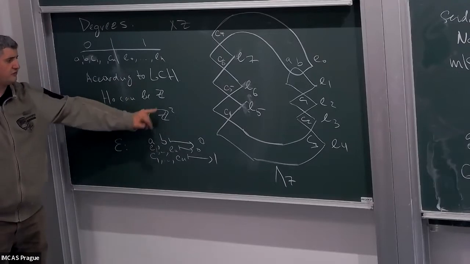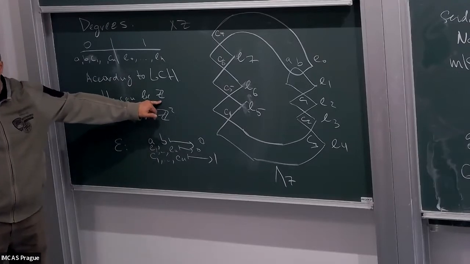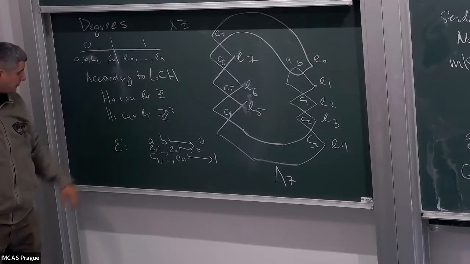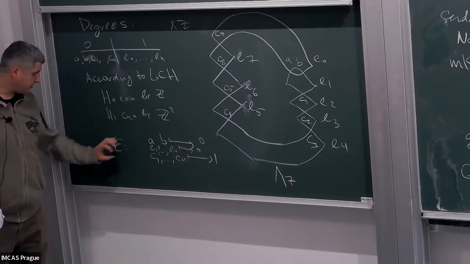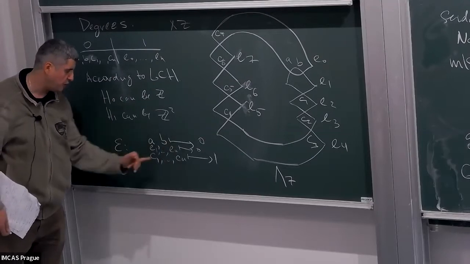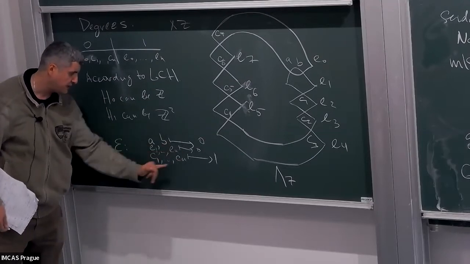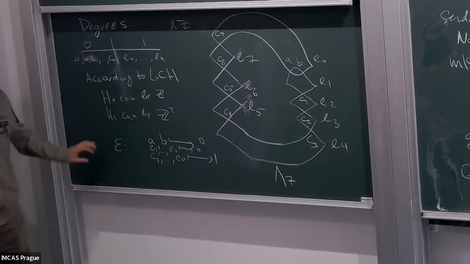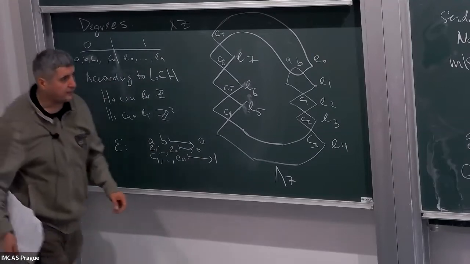So all these values are okay from the point of view of Seidel's isomorphism. And if we take a Legendrian of the form where we map A and B to 0, E1, ..., En to 0, and C1, ..., Cn to 1, now for this type of guy we will have that